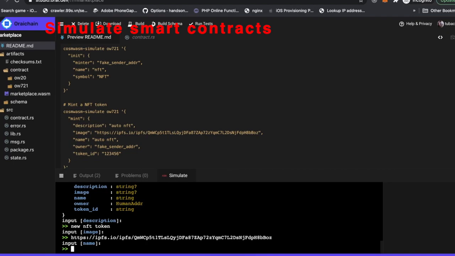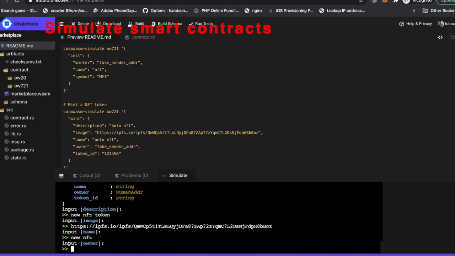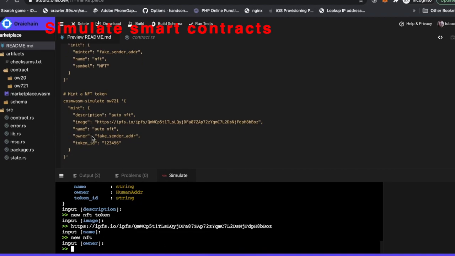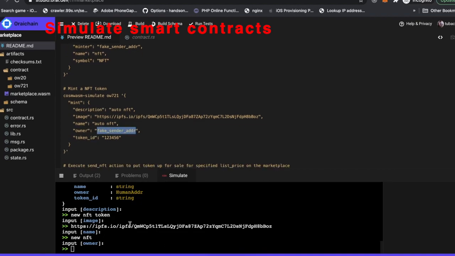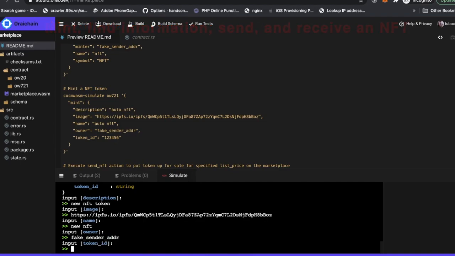For example, name new MFT, owner, and the token ID 1, 2, 3, 4, 5, 6.